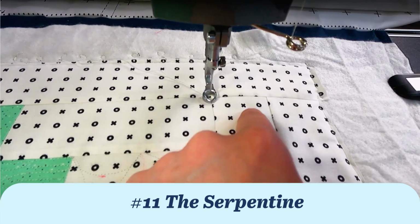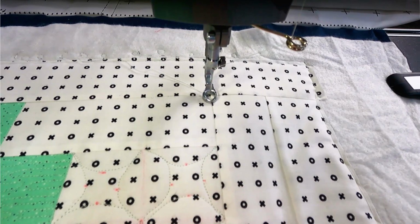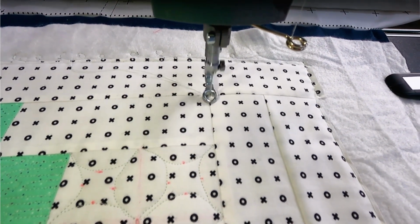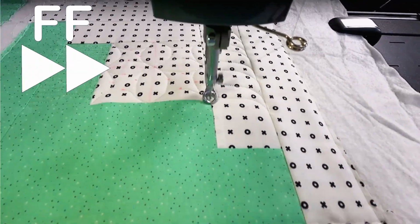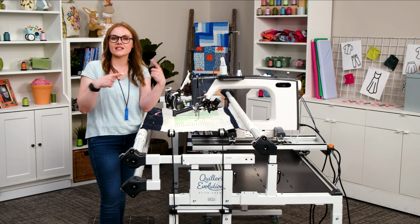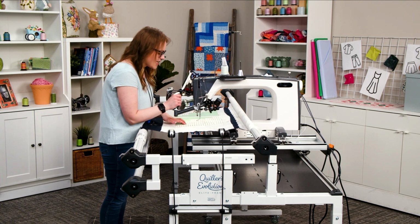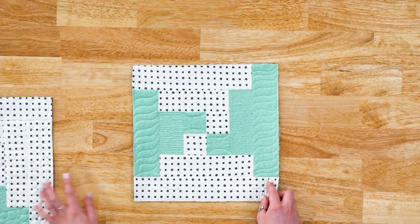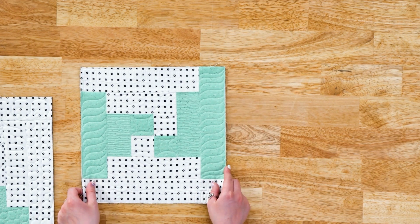For our next design, we have the Serpentine. So we'll start in the top left-hand corner, and remember, we're just gonna kind of snake down and go back up as we echo all the way down this block. The Serpentine is a great design to use in a log cabin block, especially with those nice strips. It gives you a great area to fill in and have that nice kind of fun texture. You can see on this one, we added it to both edges to make a symmetrical design on either side